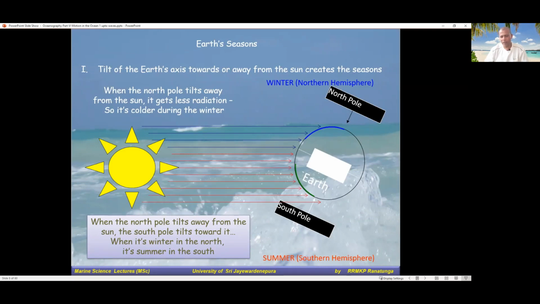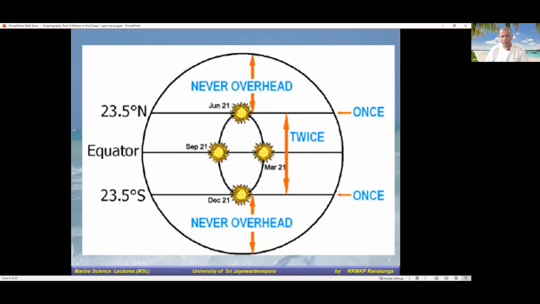So, that's how the seasons occur on Earth, right? But other than that, you might know that the movement of the sun involves a lot of things. I think in grade 7 or 8, you will learn this concept. You might have learned this in your